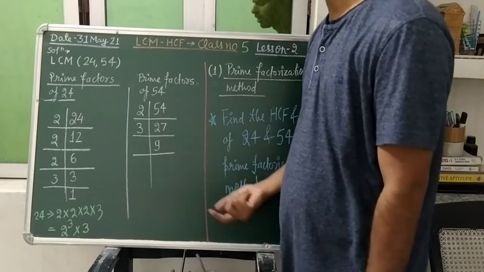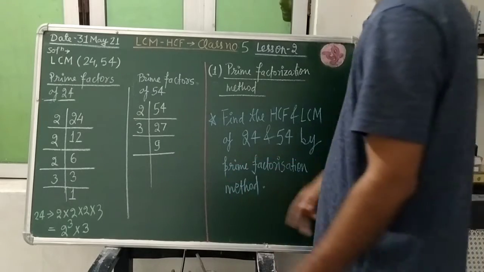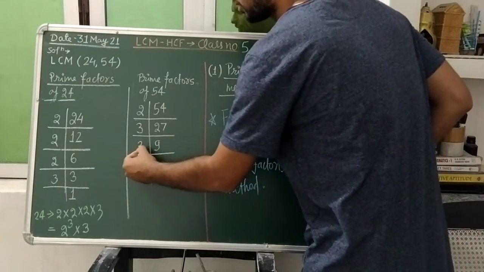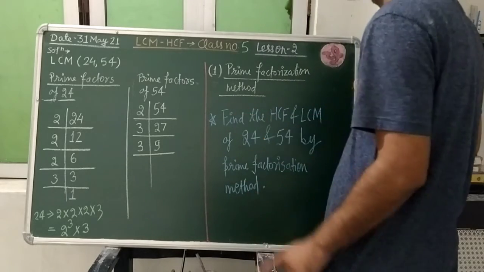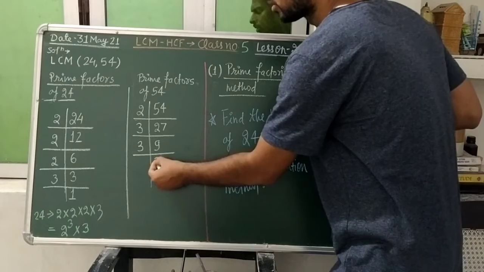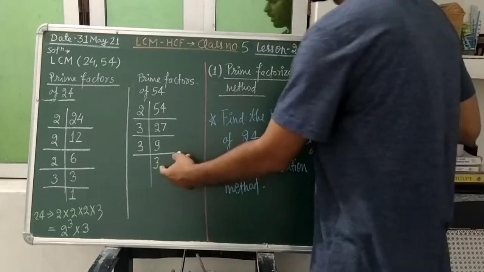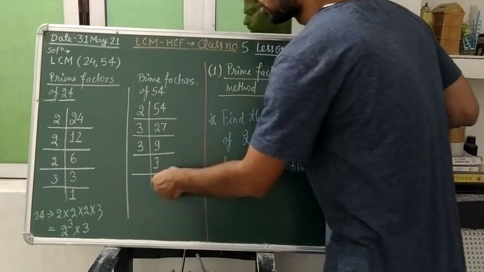9 is an odd number, so 2 is not going to divide it. 3 will divide it, yes, 3 will divide it. So we shall select 3 here. So how many times will 3 go into this 9, students? 3 threes are 9. So that 3 we will write here. Remainder will be equal to 0.